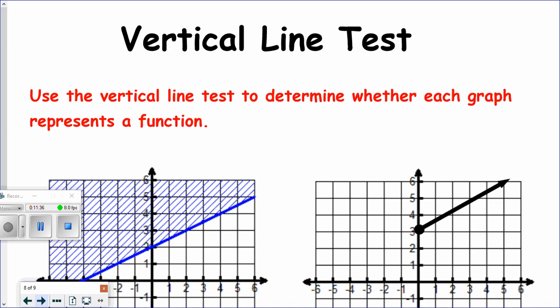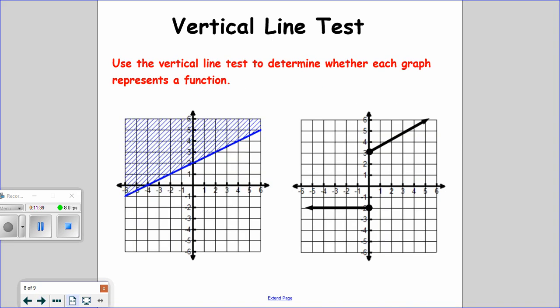Okay? All right, last thing that I want to show you today is this. Yesterday, we talked about, is something a function or not a function? We looked at some pictures of graphs, and we learned about this thing called the vertical line test. So, quick recap on vertical line test. We drew vertical lines through our picture, and if we hit the graph at more than one point, it wasn't a function. All of the functions, we would only hit it at one point if we were to draw those vertical lines in. We did not see a picture like this first one that's got this shading up here. And so if I draw my vertical lines in here,